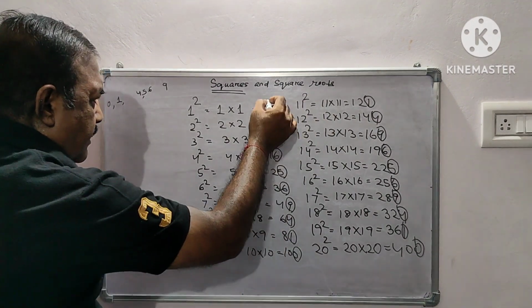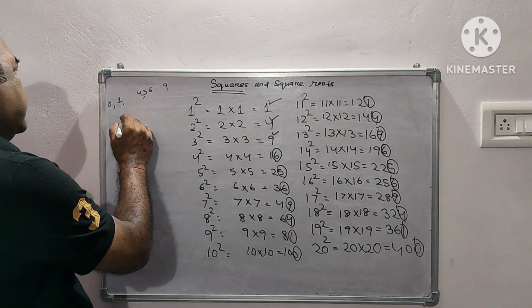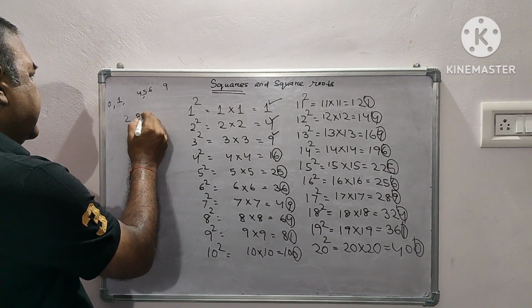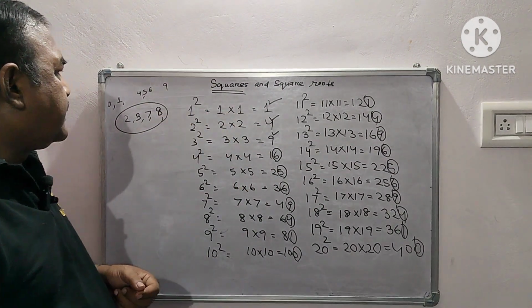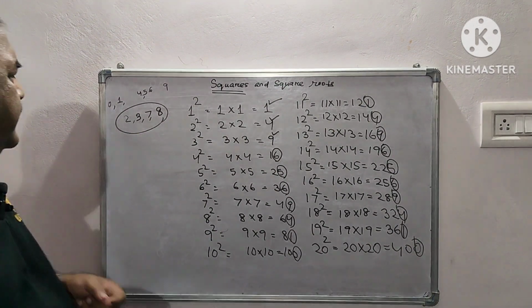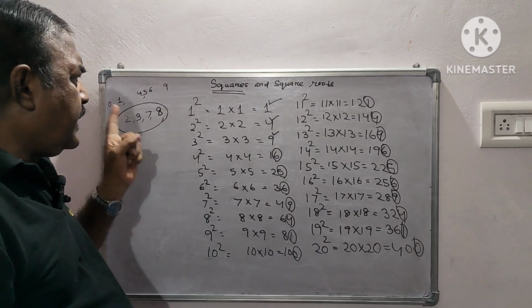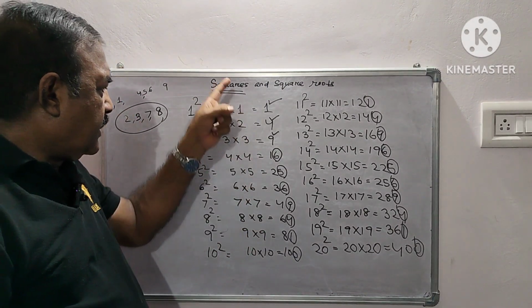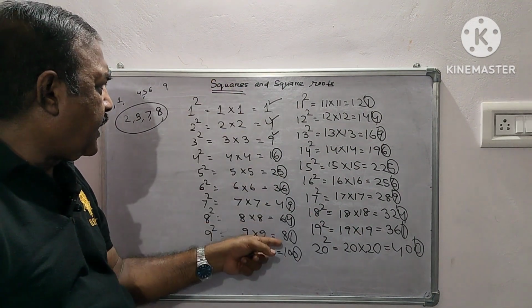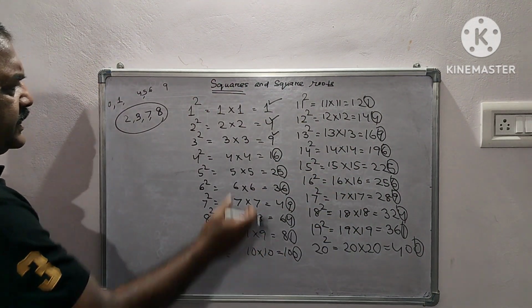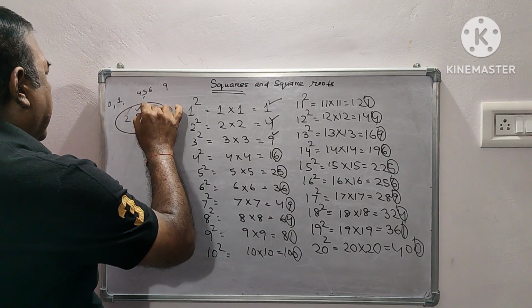And you see, in the ones place of the square numbers, you cannot find the digit 2, that is missed, 3, that is missed, 7, that is missed, and 8, that is missed. So these are natural numbers, yes or no? These 4 digits, 2, 3, 7, 8, you cannot find in the ones place of the square numbers, which are also called perfect squares. You see 16, there is 6, but you verify it, you check it. You cannot find the digits 2, 3, 7 or 8